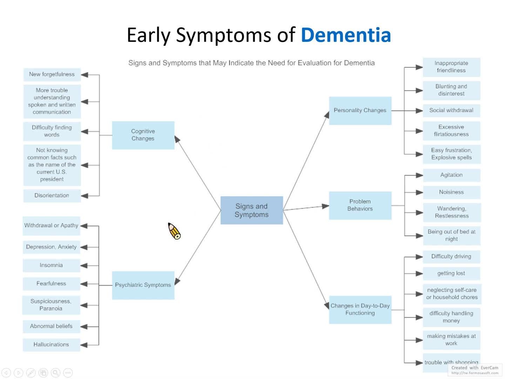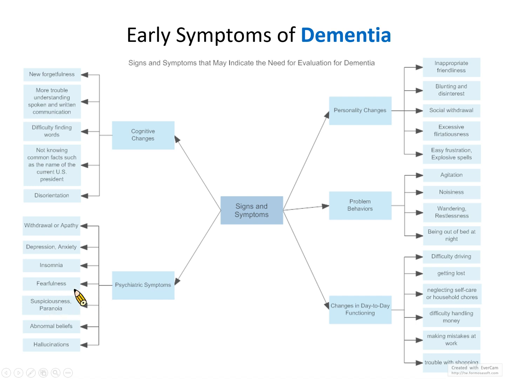So easily you will see there is a high rate of psychiatric symptoms in patients with dementia. For example, withdrawal, apathy, depression, anxiety, insomnia, which is inability to sleep, and fearfulness and suspiciousness, paranoia, which is